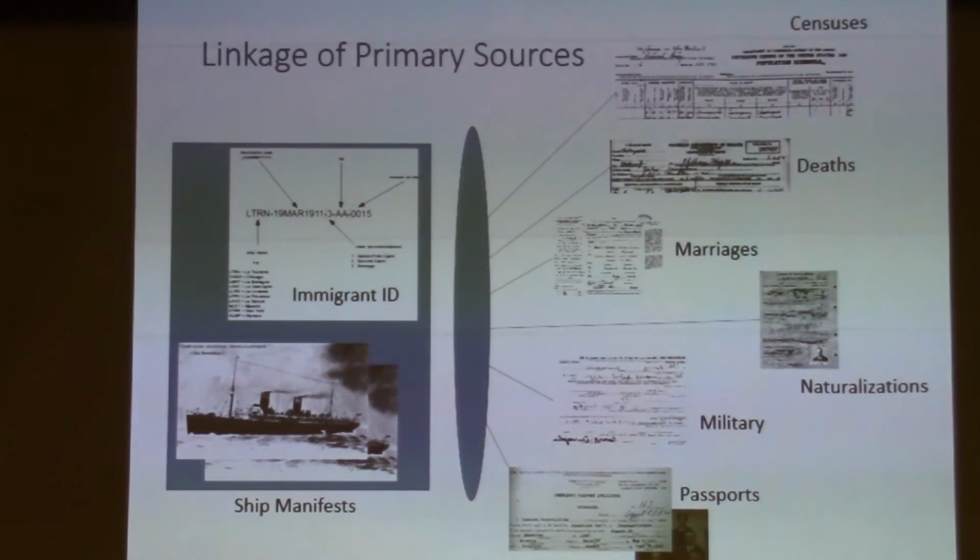And what I really struggled with when I was creating this thing a year ago is how do I tie the different records together? What I envision is to bring up a page, like the ship manifest page, and have a link to all the other records I found for that individual, and even more importantly, a link to other people that person was connected to. A brother they were joining in America, somebody they were leaving in Turkey or Russia or the Middle East or whatever. So that was my vision, to be able to tie these different records together so you can look at